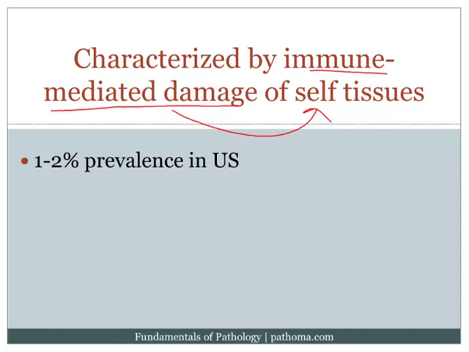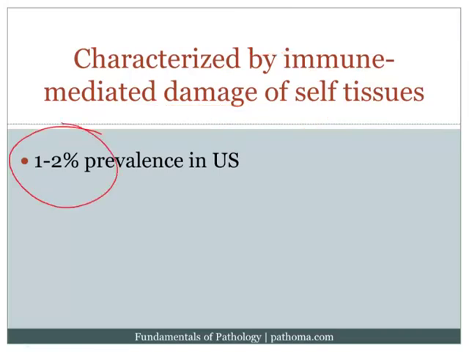If we wanted to be a little more precise, we could say primary immune-mediated damage, because if you think about it, the immune system does damage tissues, for example, with infection. So let's say the patient gets a viral infection and the immune system begins to destroy the virally infected cells. In that particular case, we are damaging self-tissue, but the target is the virus. It's not the self-tissue. Whereas in this particular case, the target is a self-antigen that then results in the damage. So that's kind of a subtle distinction.